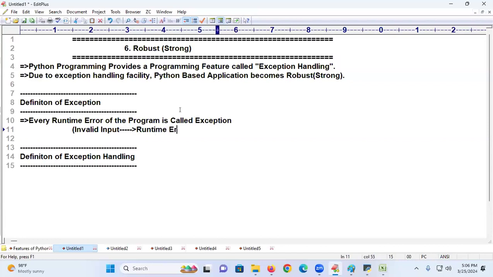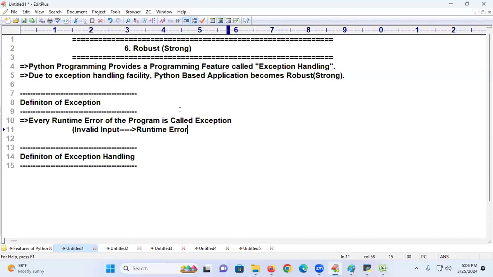Runtime error. Every syntax error is called which error? Compile time error. Every logic error is called what? Logical error. Every invalid input is called what? That's all. Suppose your parents gave money properly, they gave you the books properly, you are not reading the notes properly. What is that error called? Runtime error. Parents made everything ready. Book is there, money given, clothes are given, everything ready. And they asked you to read well, and you are not reading well. Which error is it?